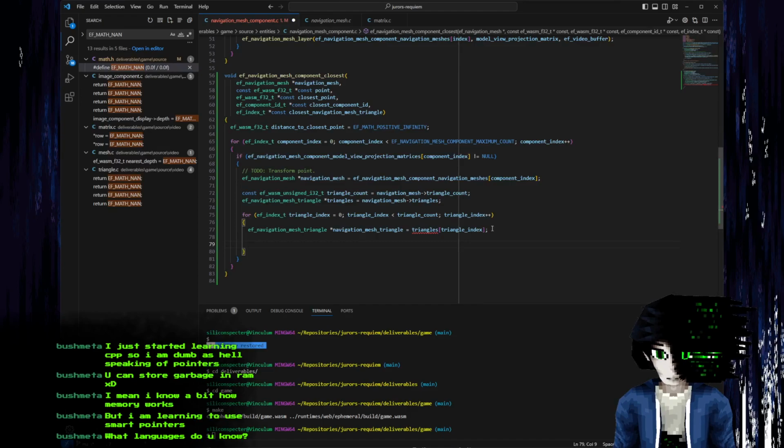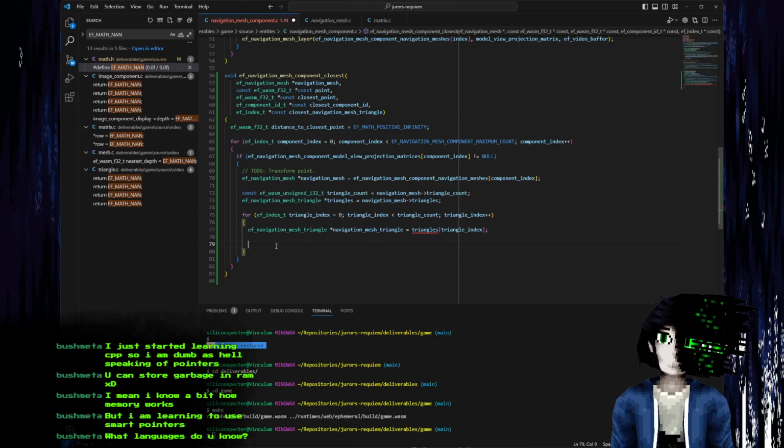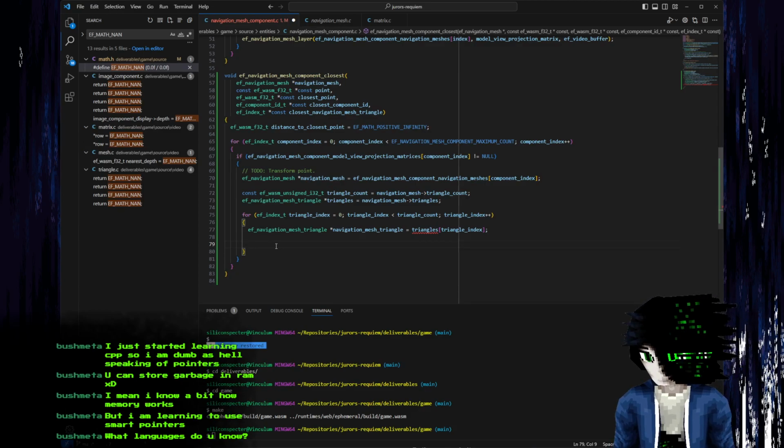Next thing we need to do is we need to constrain the point that we've got up here to the triangle. So we can get the distance on the z-axis pretty easily. Okay, so